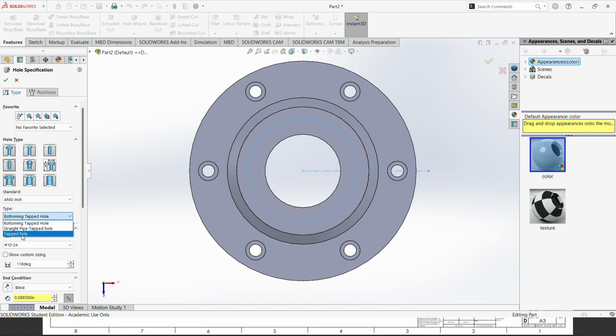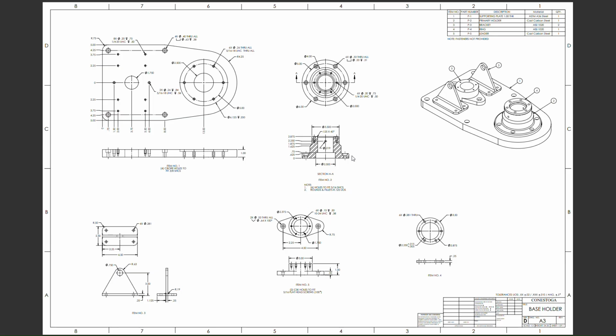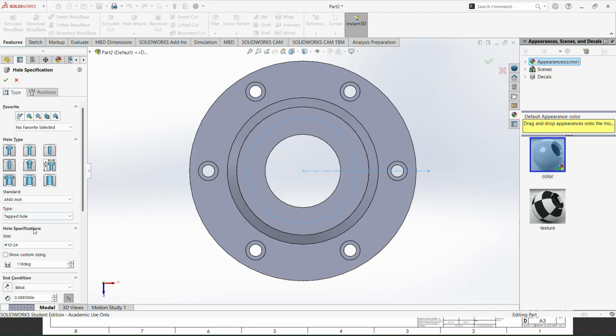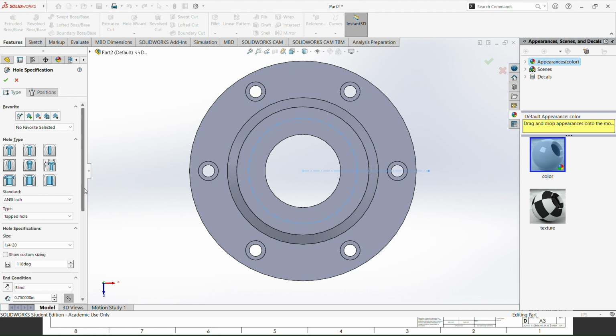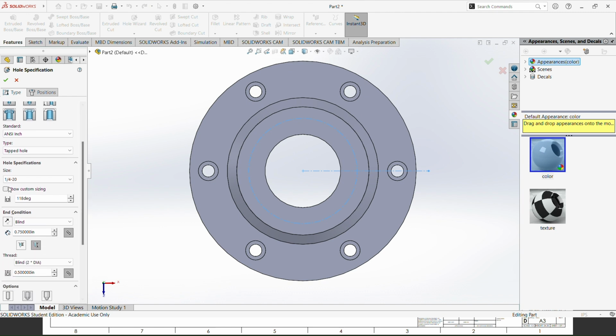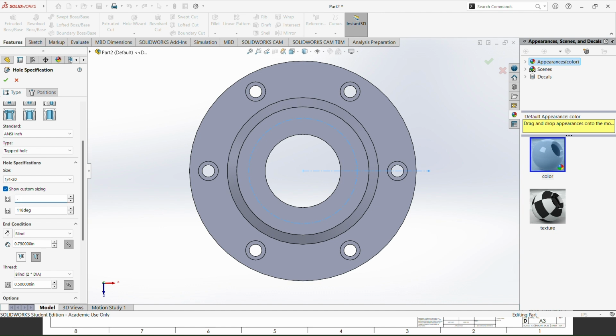It's default, so I am going to change that to tapped hole. 1/4-20. So I'm selecting the size 1/4-20 from the list, and it shows the diameter is 0.2. So I am going to show custom sizing. The diameter changes to 0.2,